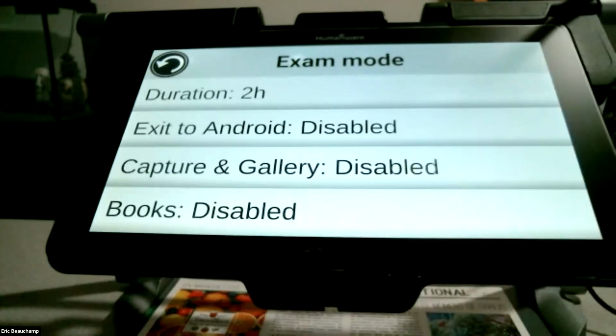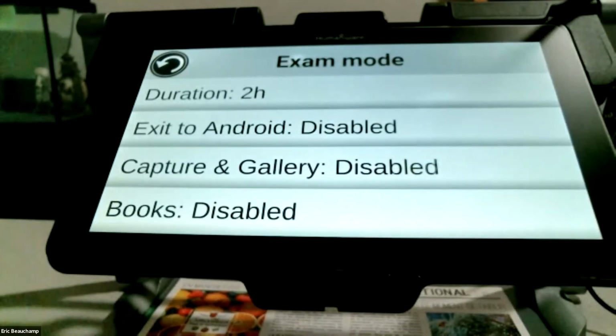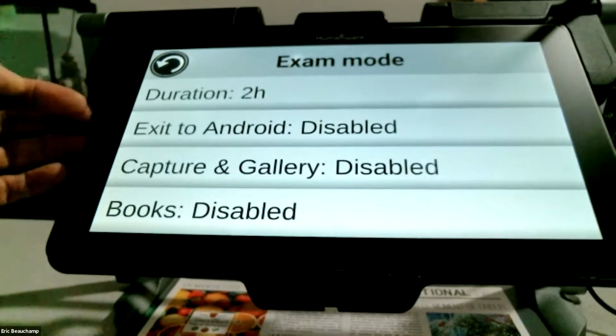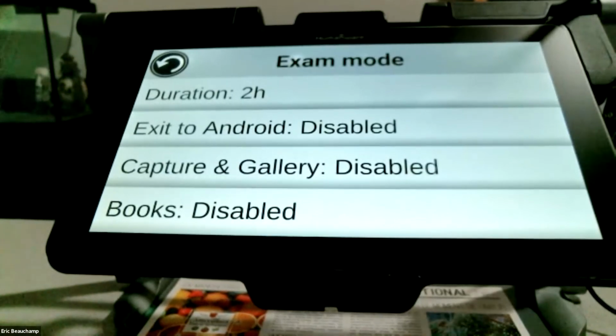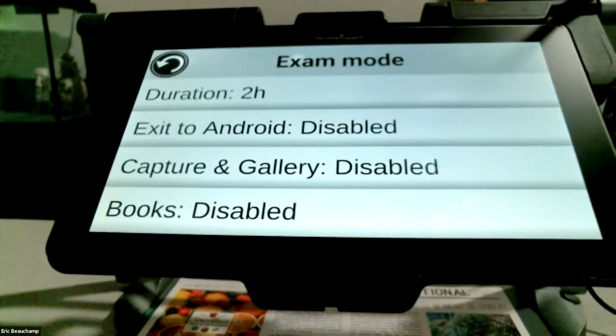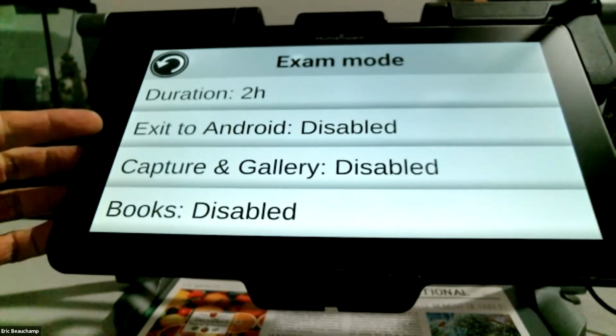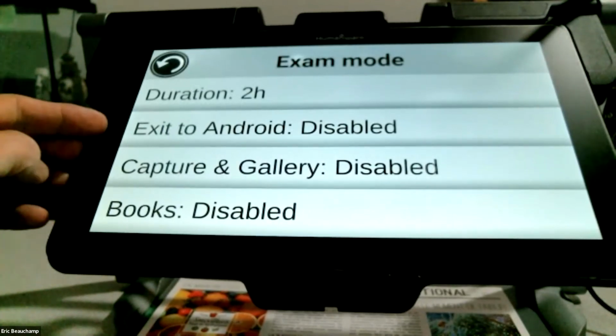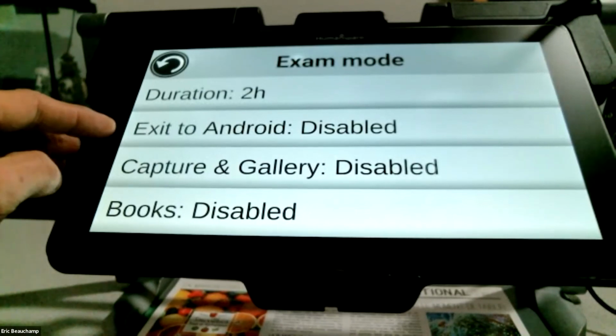I can, after that, disable different features in Prodigy. So the first one, well, first of all, the default is going to be all disabled, but I can enable these features in Prodigy if I want to. So exit to Android. If I don't want the student to access the Android system, I can disable that